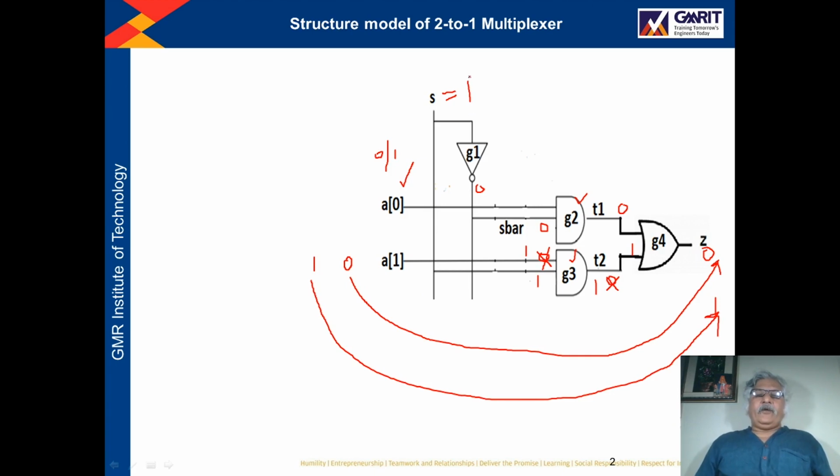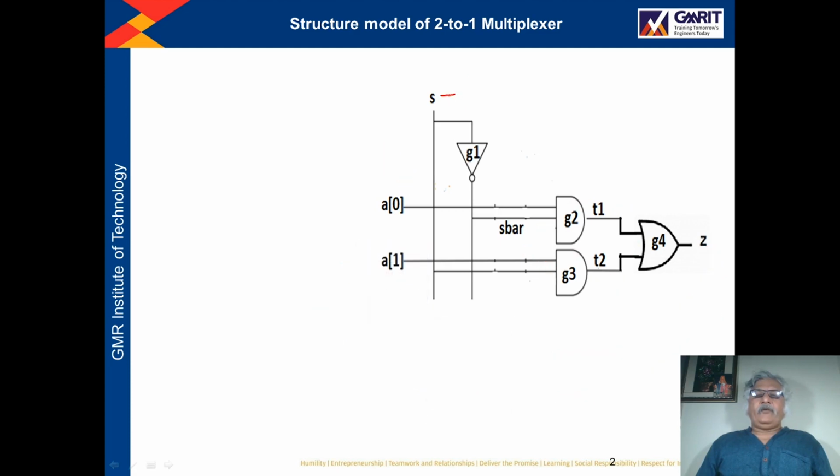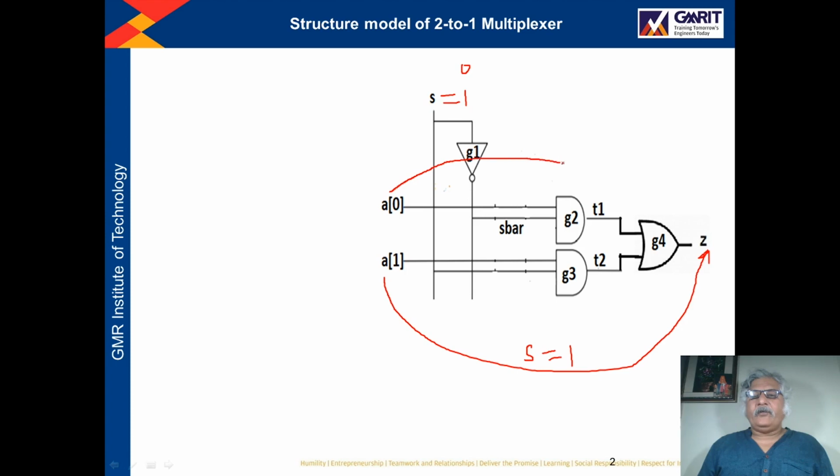So in this way, if the value of S is 1, in that case whatever is in A1, it is transferred to Z. If S is 0, in that case whatever is the value of A0, it is transferred to output Z. So in this way this multiplexer is working.